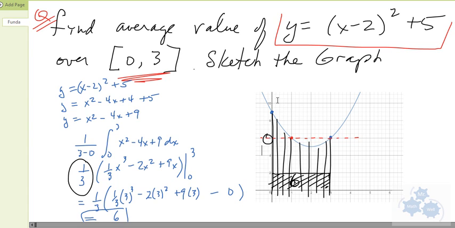Okay, so good job. That's the full lesson on finding average value. Just give it a function over an interval, and there will be applications of finding average value of a function as we go through questions in the